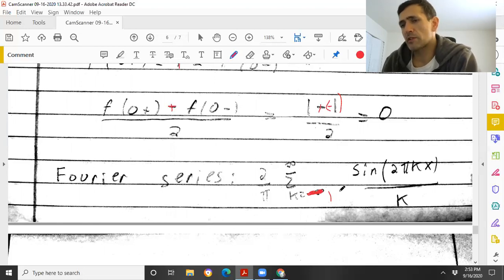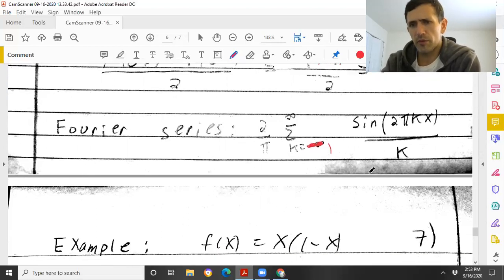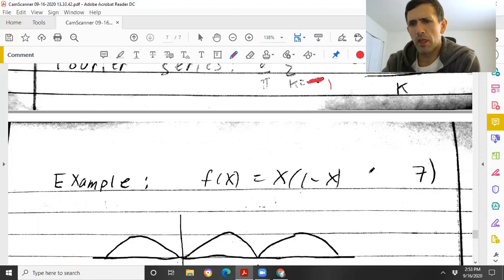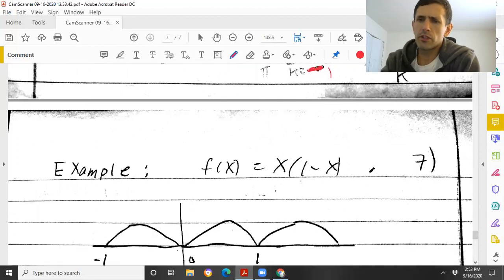So this is not very interesting. Jordan's theorem doesn't really tell us all that much. Jordan's theorem says the Fourier series should converge to 0 when I plug in 0. Well, we really didn't need Jordan's theorem to tell us that. On the other hand, let's look at another example. And here, we can use Dirichlet's theorem,